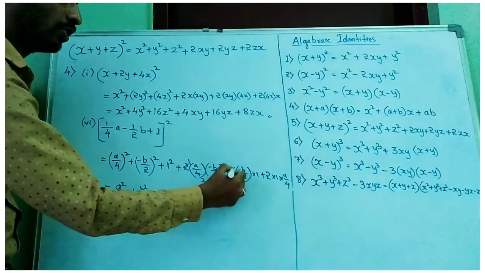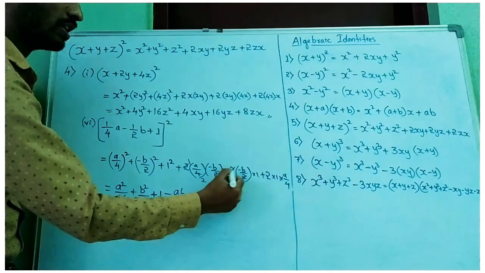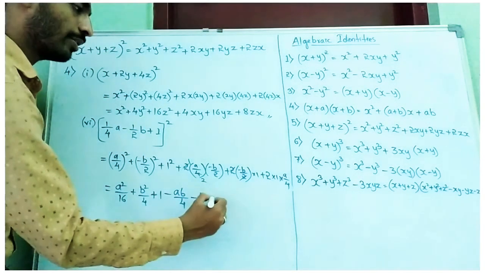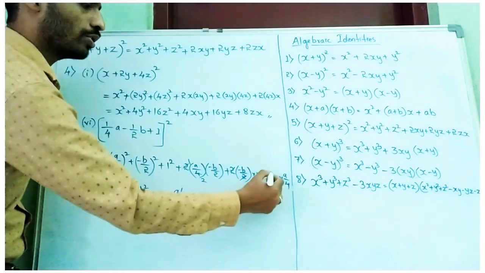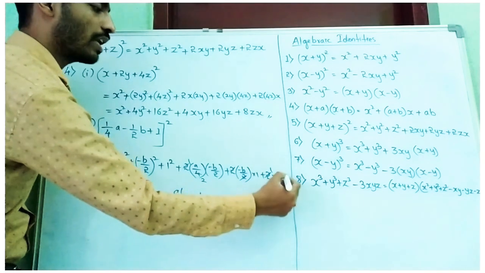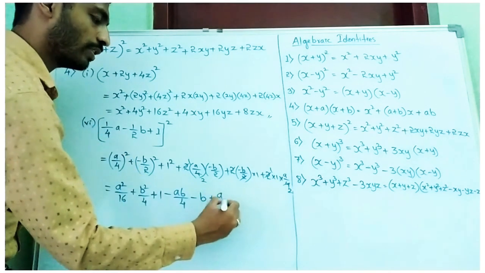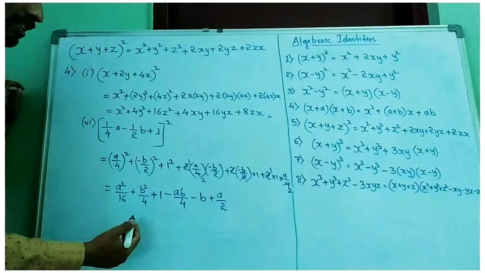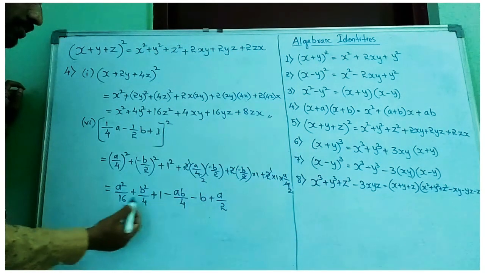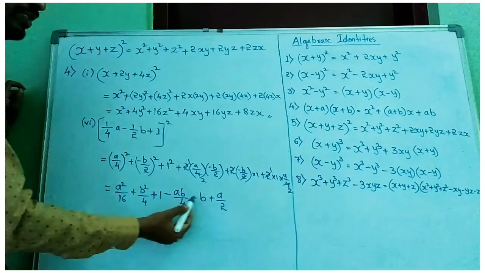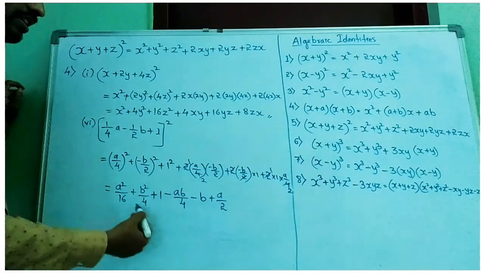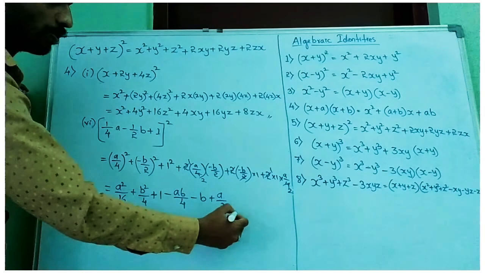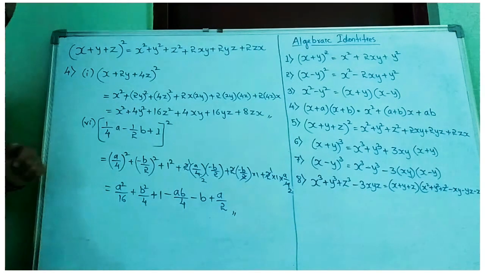Okay, again 2 1s are 2, so plus into minus, minus b into 1, b. Plus 2 1s are 2, 2 2s are, a by 2, so here we will get a by 2. So is there any addition or subtraction possible? We can't do it again because here squares are there, and a and b variables are different, so we can't add or subtract. So stop here only. This is the final answer.